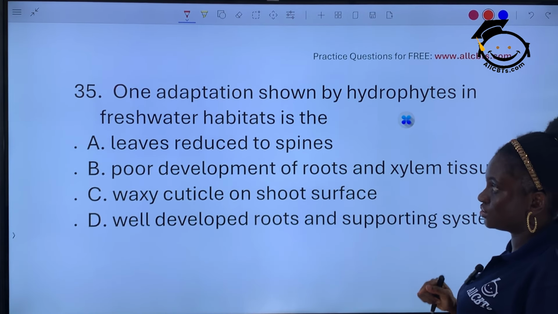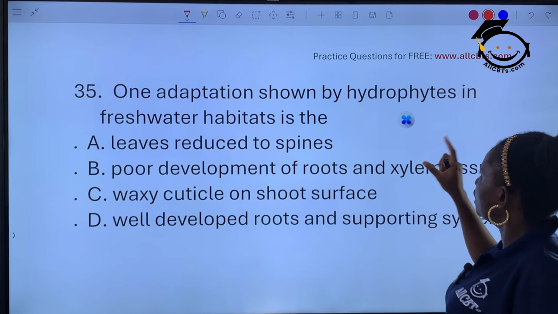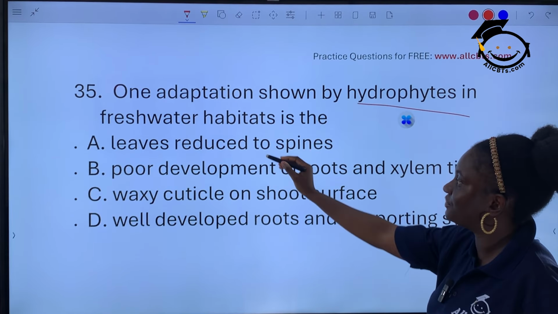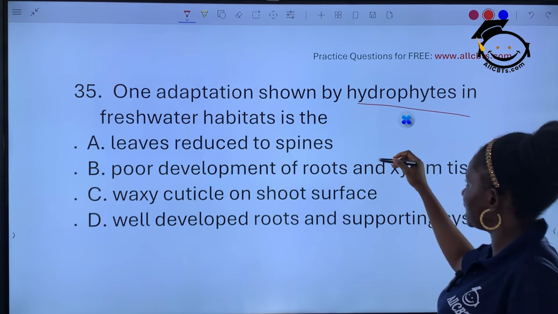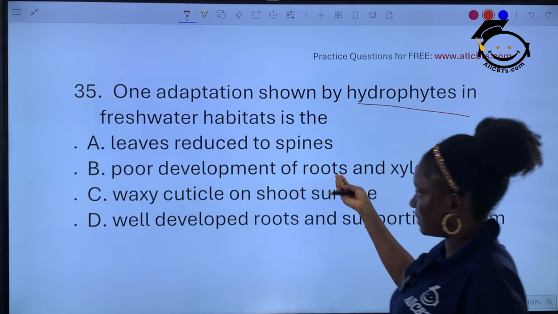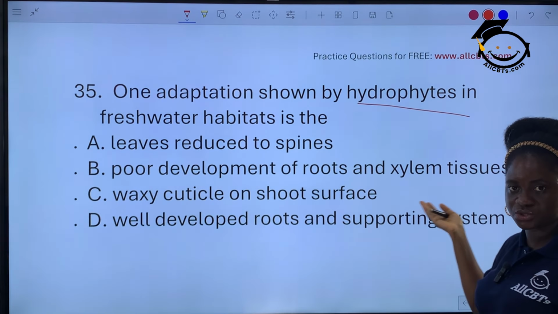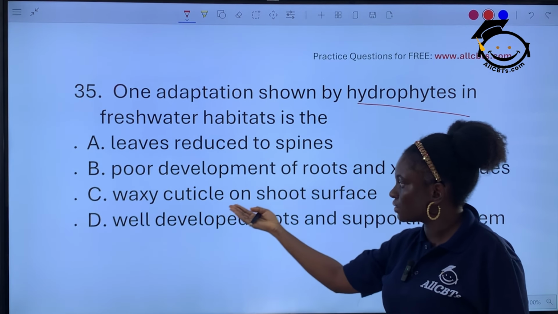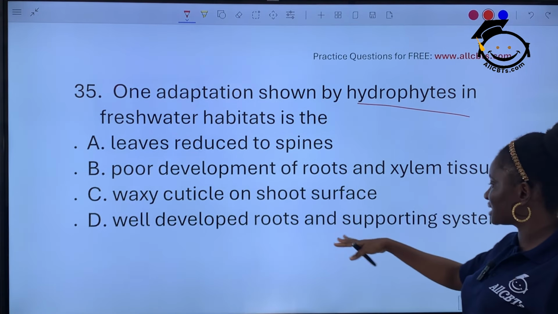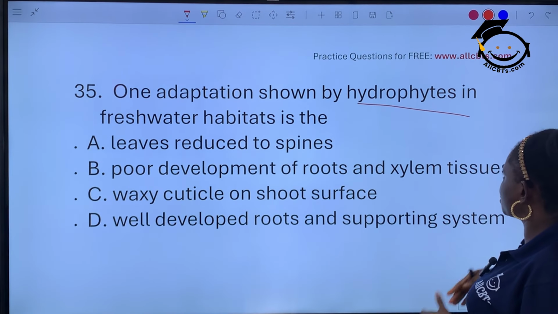The next question, question 35. One adaptation shown by hydrophyte in freshwater habitats is the A, leaves reduced to spines, B, poor development of roots and xylem tissues, C, waxy cuticle on shoot surface, D, well-developed roots and supporting system. So one adaptation that is shown by